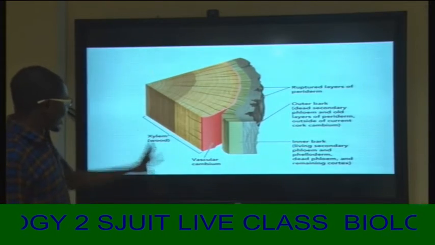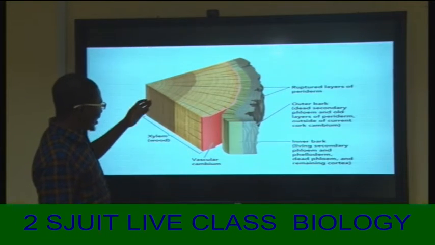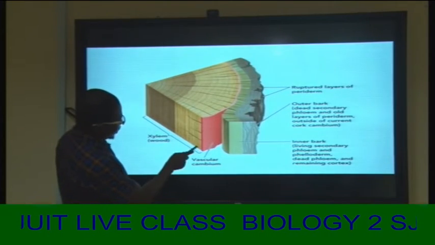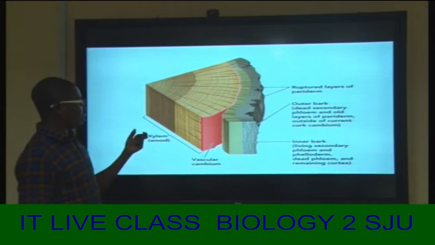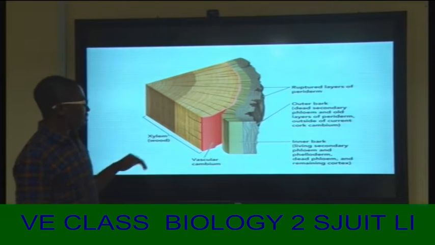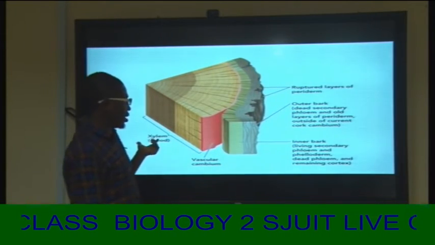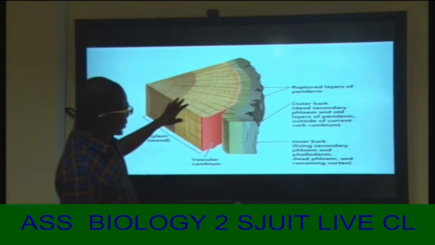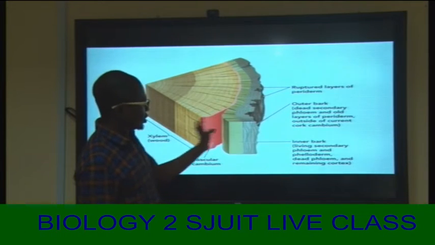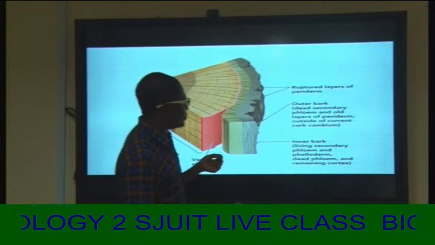So this is another diagram, as you can see here. We have the xylem. The secondary xylem normally, as you can see here, the vascular cambium to the inside will form the secondary xylem, and normally the secondary xylem forms the woody part, for example, the timber. That is the secondary xylem. And to the outside, the vascular cambium